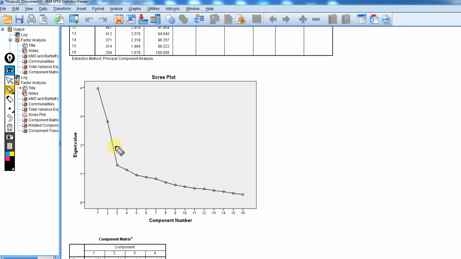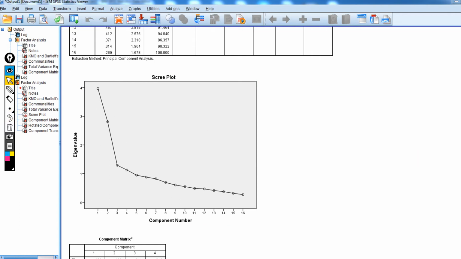So kind of visually looking at this data set right here, it looks like component 1 and 2 have the highest eigenvalues, and then the eigenvalues continue to drop regardless. But you can see that the rubble at the base of the mountain, or the scree, seems to start at about component 3. So that lends itself to an interpretation that maybe a 2-component solution makes more sense to interpret